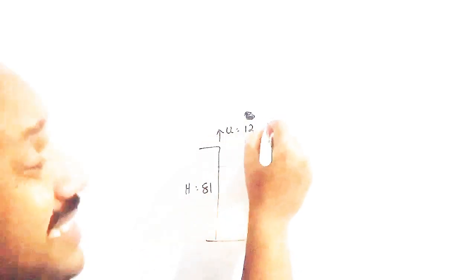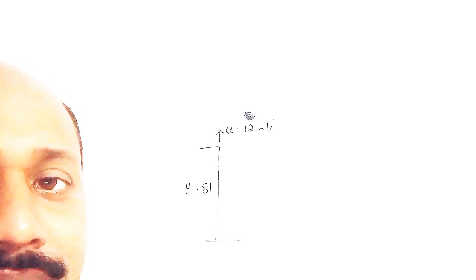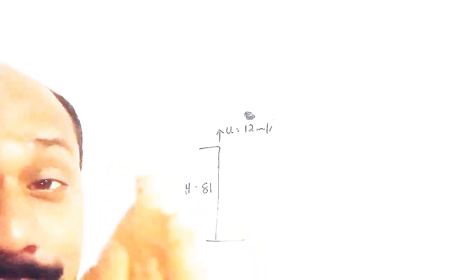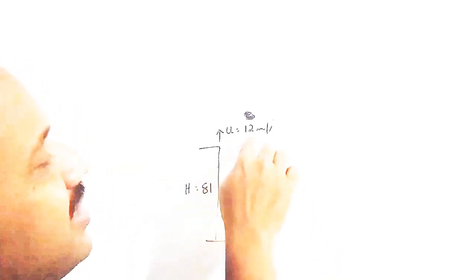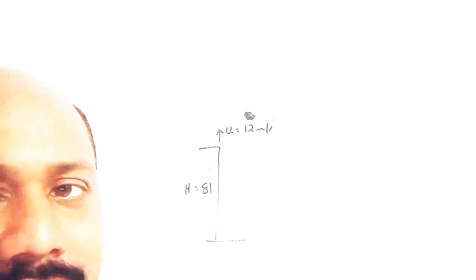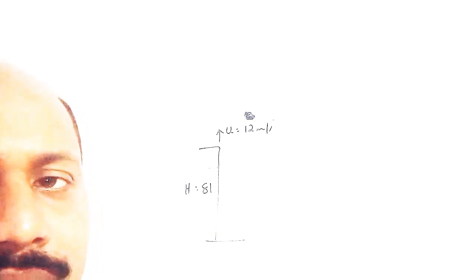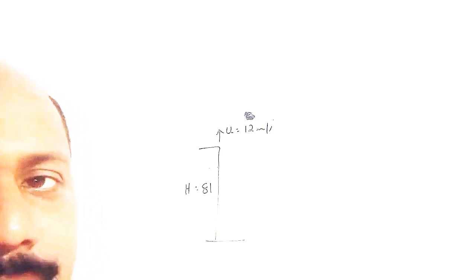In that case, it is moving upwards from a height h. This h is equal to how much? That is 81 meter. From here, an object is released. It is not thrown up, just released. The balloon is moving with an upward velocity of 12, so at the moment of release, its initial velocity is 12. That's why it's taken like that. The body will reach the surface of Earth in some time. We have to find the time.